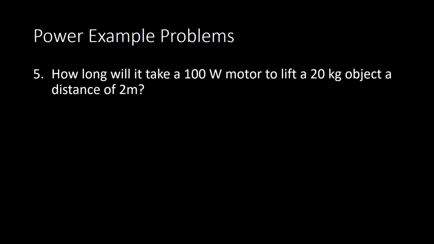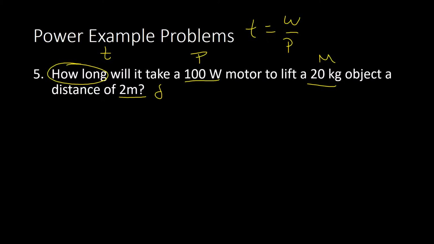So let's start with our identification. 100 watts is our power, 20 kilograms is a mass, and 2 meters is a distance. It wants to know how long, so we're solving for time. In order to solve for time, we just did that in the previous problem. That's going to be work over power. But I don't have work. So in order to solve for work, I have to do